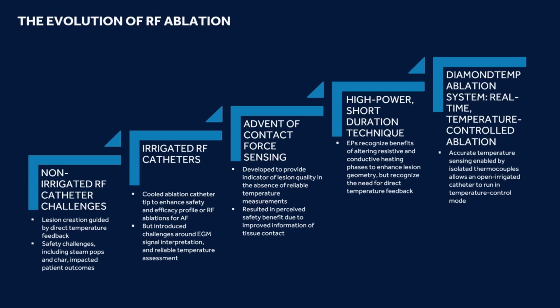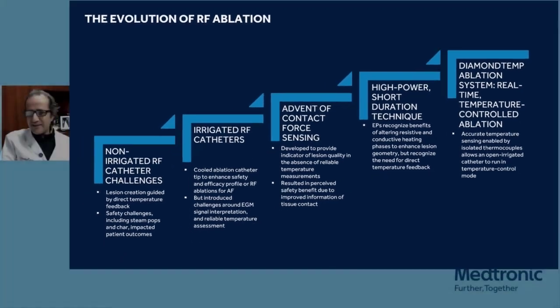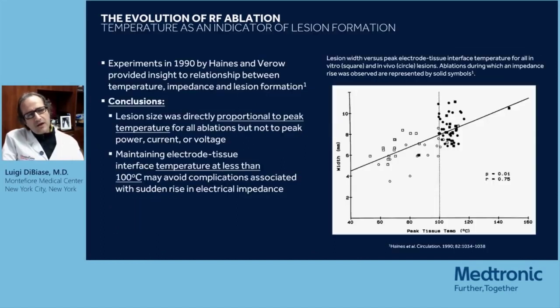We will have time to discern this catheter in more detail. Going back to my agenda, in 1990, Dr. Haines and Watson were looking at the biophysics of this, and they already concluded that the lesion size was directly proportional to the peak temperature for all ablations, but not to peak power, current, or voltage. And maintaining an electrode-tissue interface temperature less than 100 degrees was able to avoid complications associated with a sudden